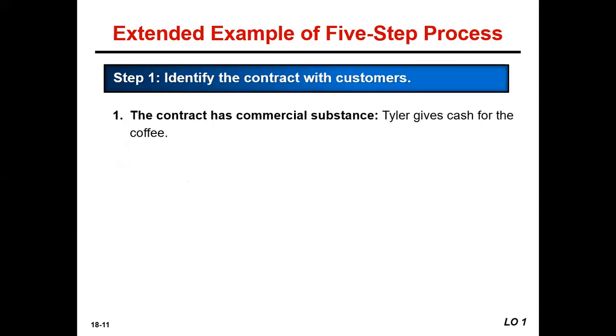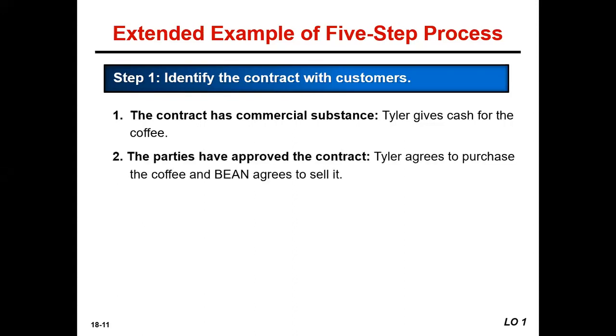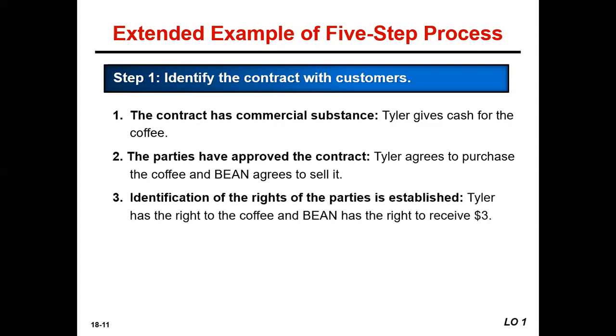So the contract has a commercial substance. So the customer gives cash for the coffee. And the parties have approved the contract. So Tyler agrees to purchase the coffee and Bean agrees to sell it. Then identification of the rights of the parties is established. So Tyler has the right to the coffee and Bean has the right to receive the